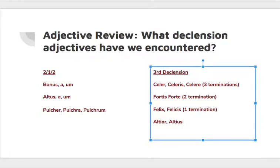Well, I would say it's like fortis, forte, because altius can't be a genitive. So you know that it's actually, right? We don't have an IUS genitive ending for nouns, at least. And so altior is actually your masculine and feminine nominative, and altius is your neuter nominative. So that means that this is a two-termination third declension adjective. All right, so going back to our